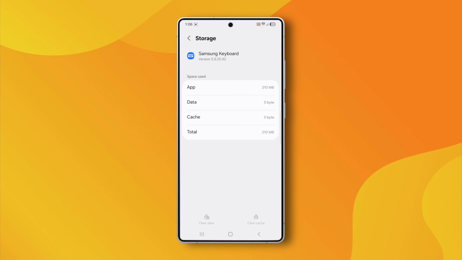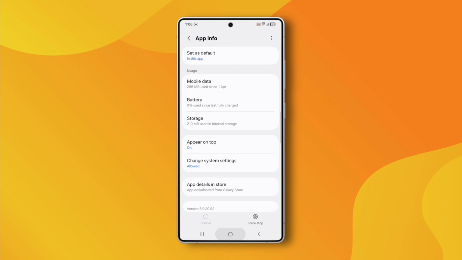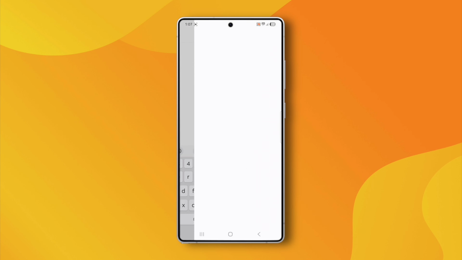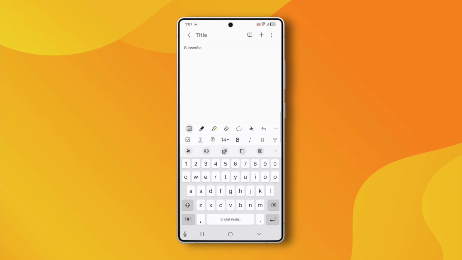Once you've cleared both the cache and data, go back to your home screen and open any app where you can type, such as Messages or Notes. Tap on a text field to bring up the Samsung keyboard and check whether the Enter key has returned. In most cases, resetting the keyboard data resolves issues like the missing Enter key, unresponsive keys, keyboard glitches, or other